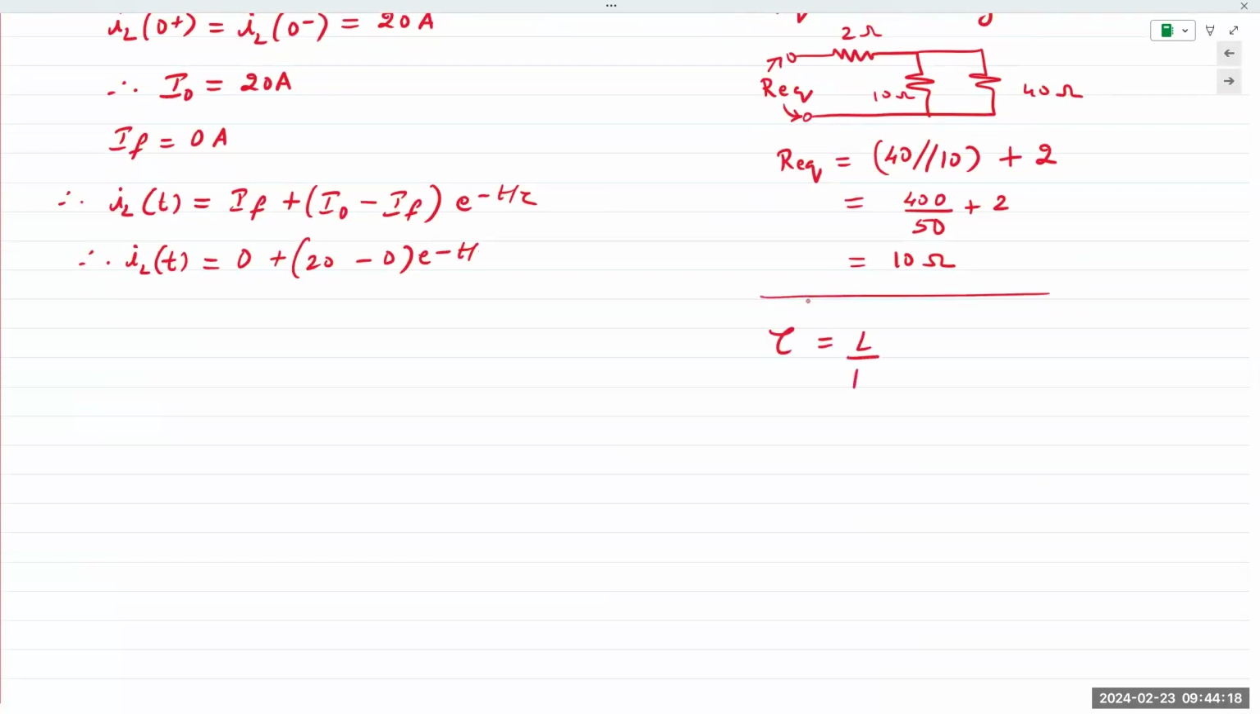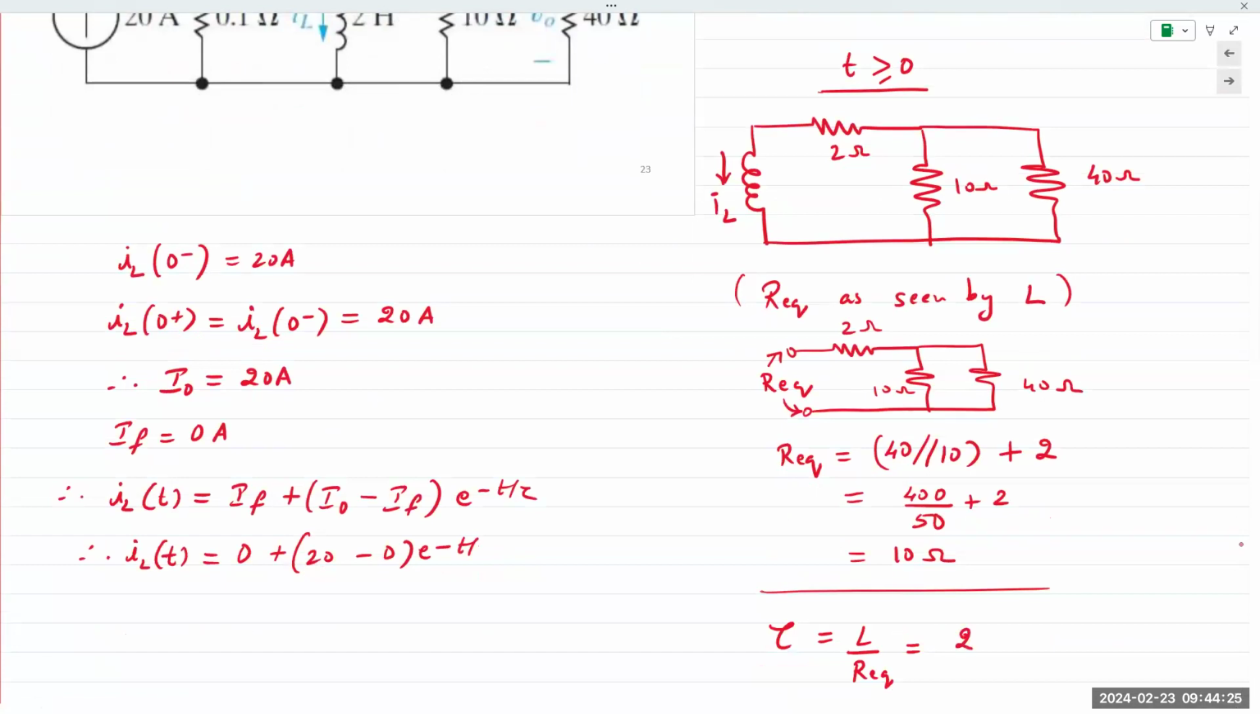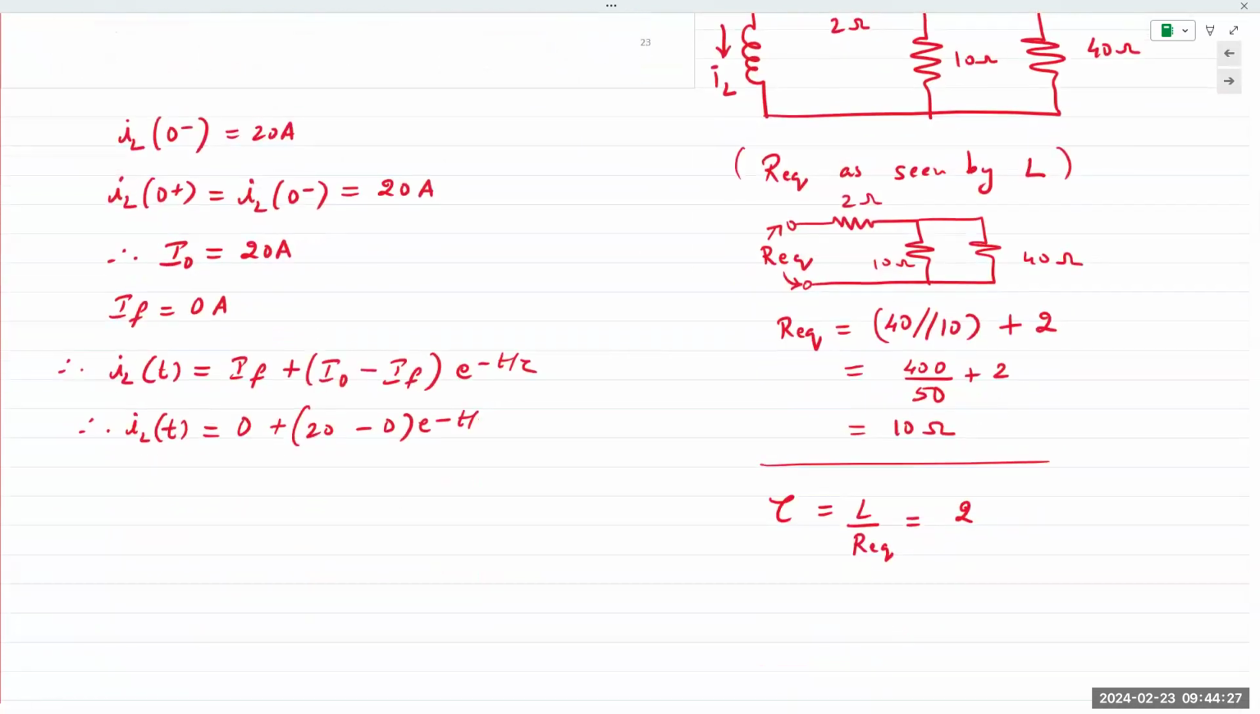Tau is L over Req. Inductor value is given as 2 Henry. So 2 Henry divided by 10, 0.2 seconds. And so t divided by 0.2. And finally, I can reduce that expression and write IL of t is 20 e raised to minus 5t